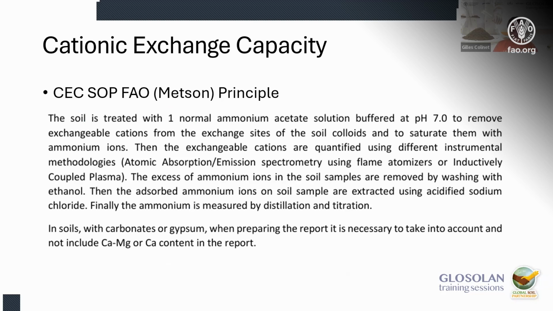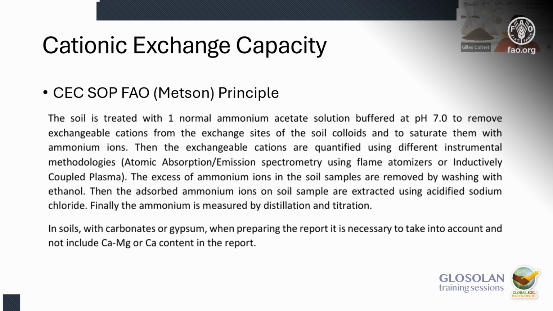Then you quantify the cation by atomic absorption or emission spectrometry. And the excess of ammonium is removed by washing with the ethanol. So you saturate the environment with the ammonium. You discard the ammonium which is not fixed by washing with the alcohol. And then you desorb the ammonium, usually by distillation and titration